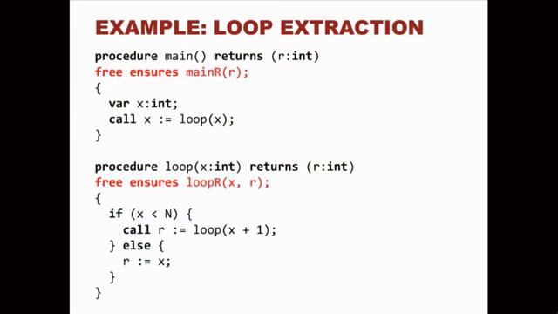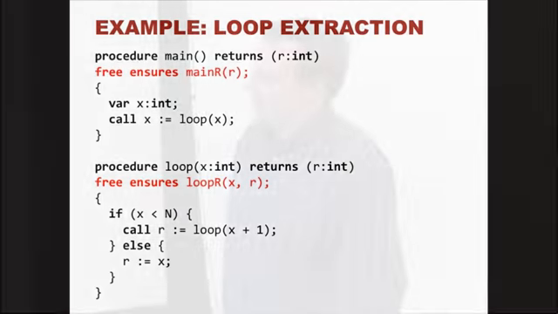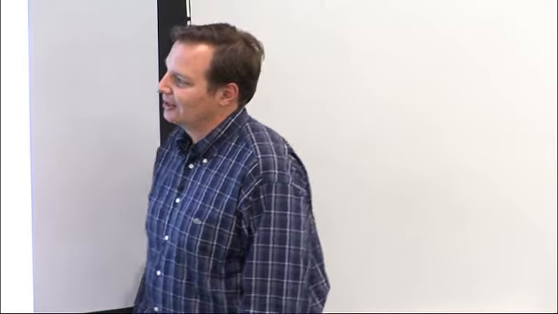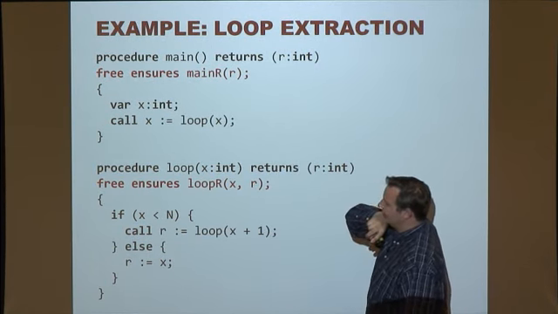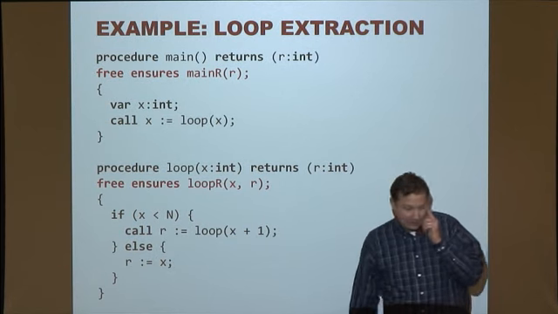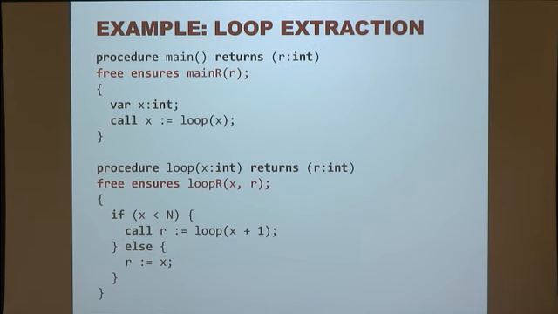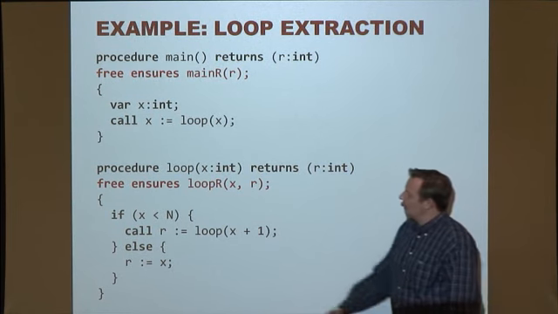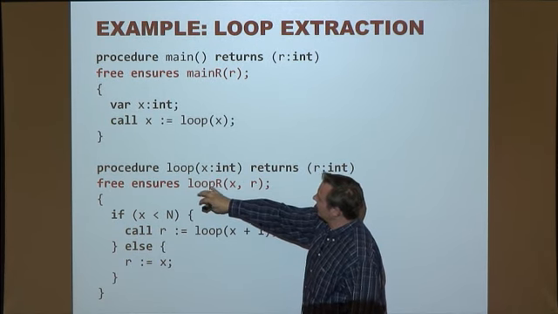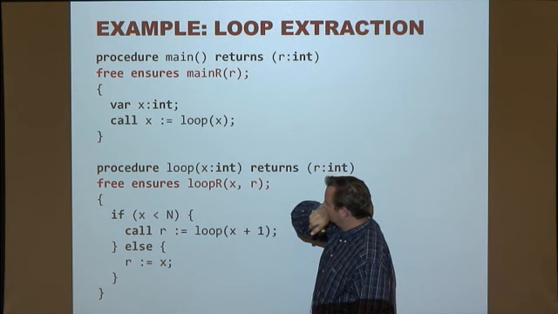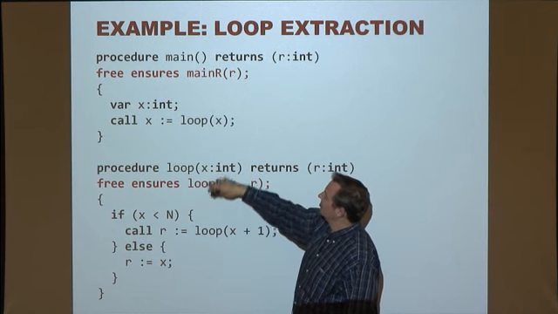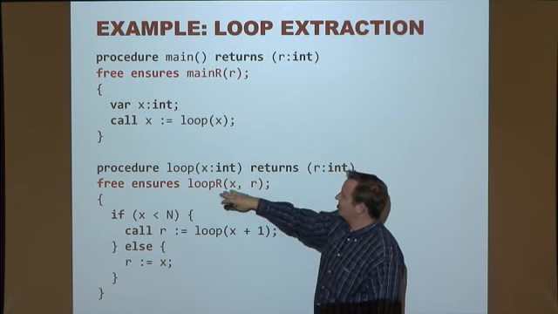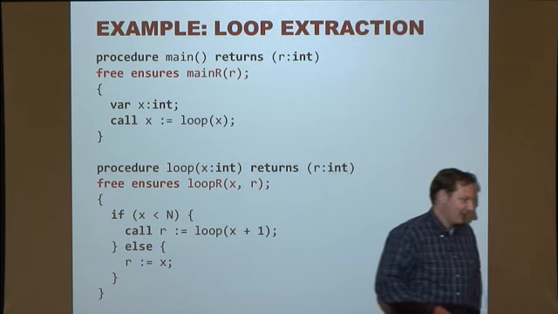The first thing we again have to do is extract loops as tail recursive procedures. So this is the main part, and here is the recursive call. Nothing special really happening there. These are the summary relations, so they're being assumed at these two places. This one belongs to loop, that one belongs to main. And the main thing we want to prove is termination of loop.